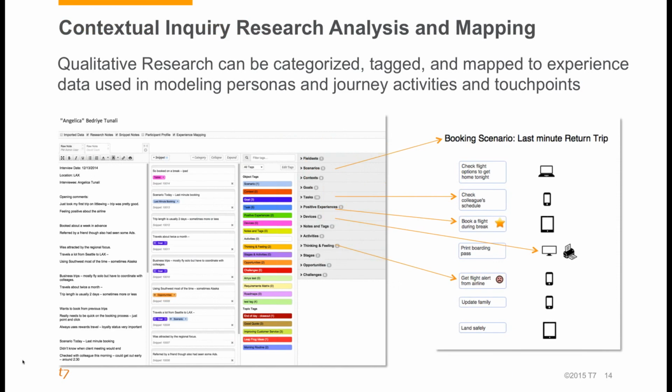But that's qualitative in nature. And so we recognize we need a way to analyze qualitative data. And that's what the platform supports, the ability to bring in ethnographic research and analyze it by tagging and categorizing and essentially mapping it into strategic objects that you can use in your personas and your journey maps. So this example is showing how